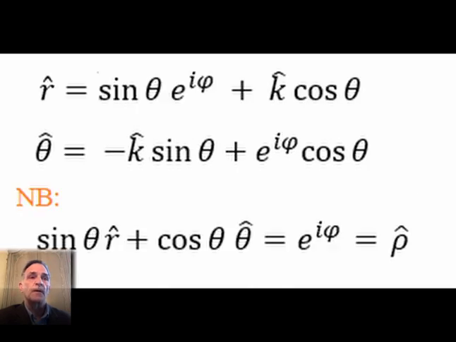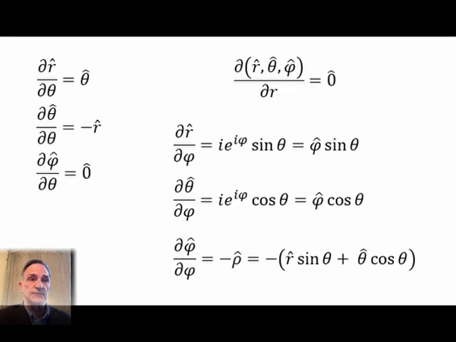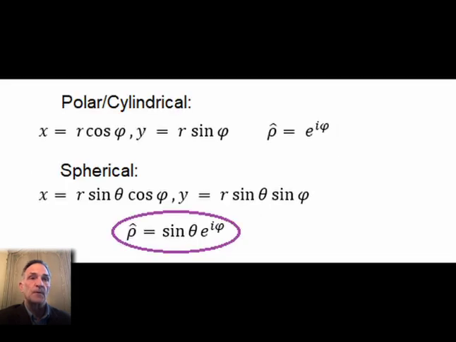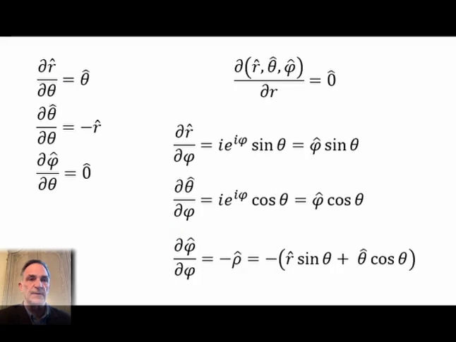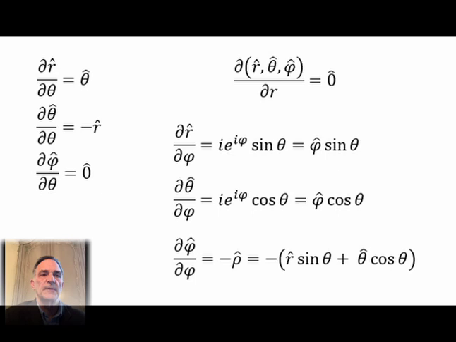And lo and behold, we can differentiate these expressions with respect to phi and also with respect to theta to get the other unit vector derivatives needed. And remember, these are partial derivatives, so coordinates not appearing in each derivative remain fixed and act as constants. Finally, it's easy to see that no unit vectors change magnitude or direction as they travel along the radius vector, so those derivatives are all zero. The rho coordinate, like the x and y coordinates, acquires a factor of sine theta going to spherical coordinates. So we have the 9 partial derivatives of the unit vectors, which we need,